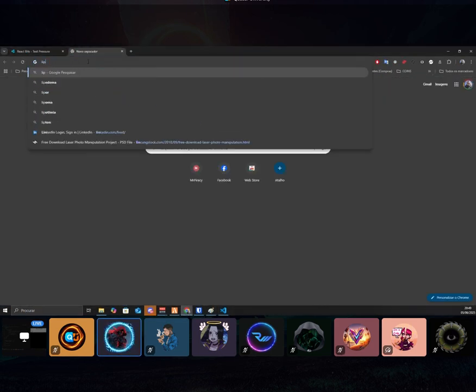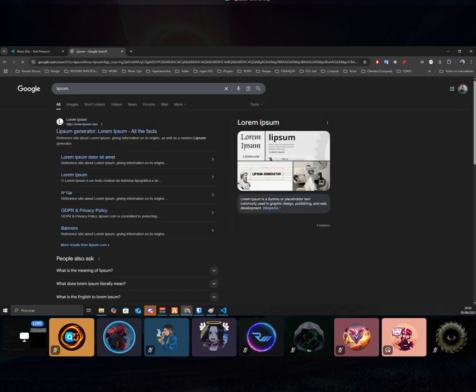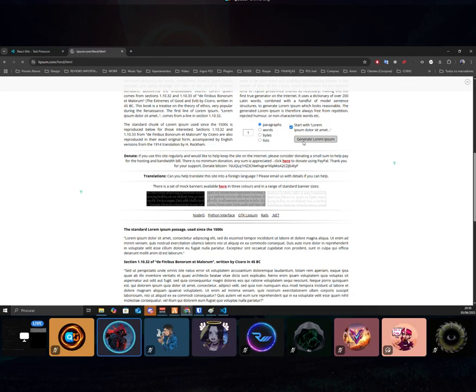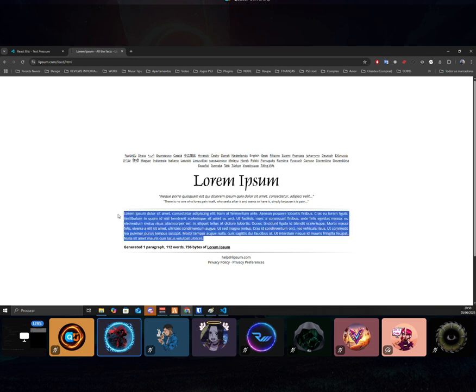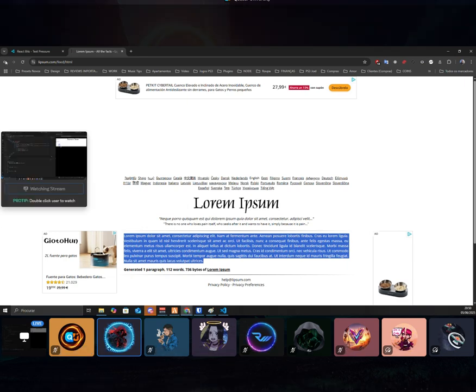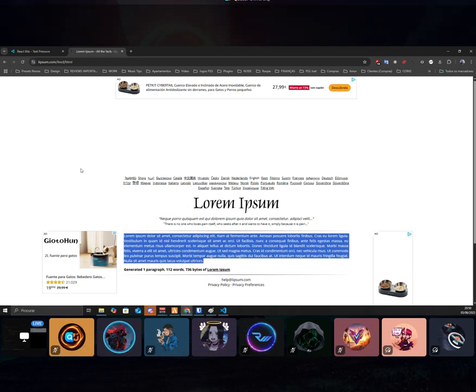If you go here, lipsum, there's this website that you can use, for example, if you want to create one random paragraph, you can generate and copy it and use it as dummy content. You can use this for that. Or imagine that you want to test